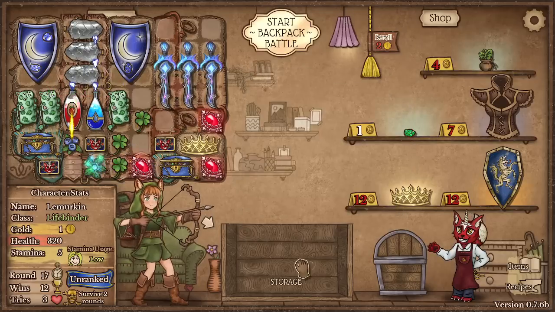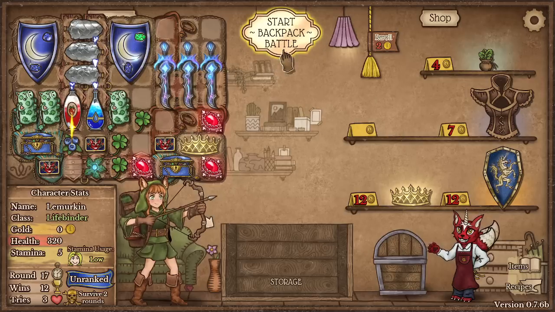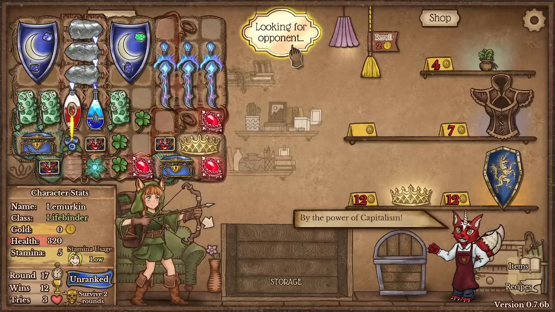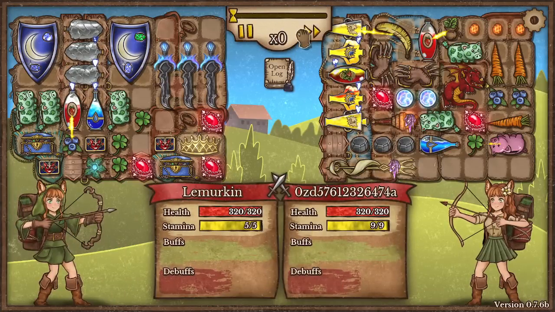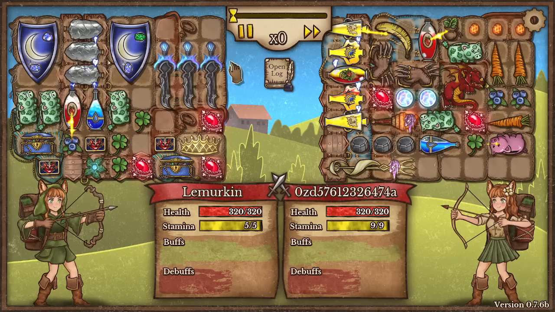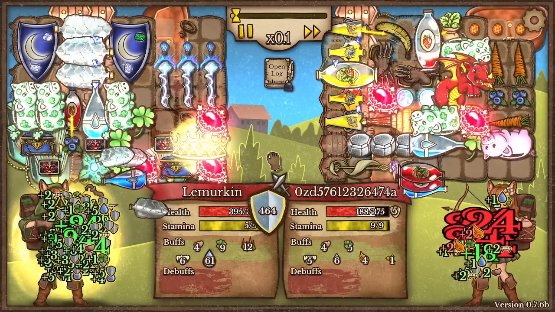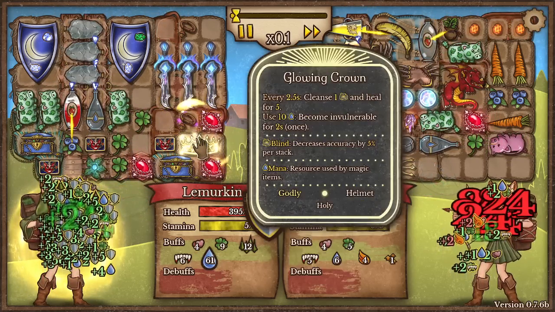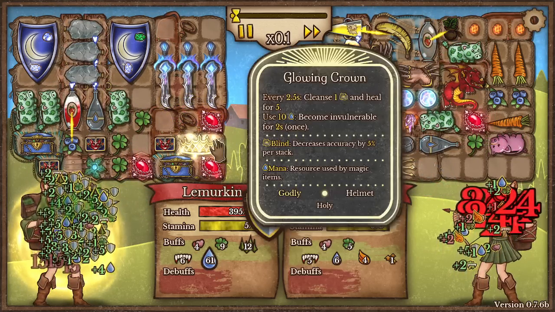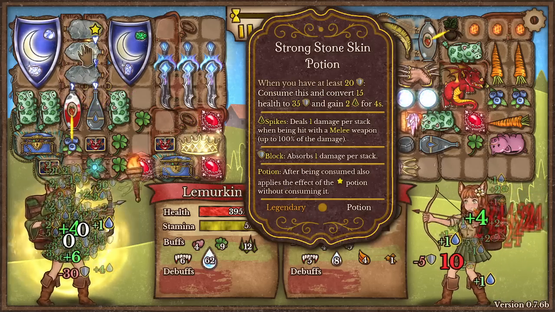And there we go. We'll just take this temporarily. And yeah, we're going to roll with that. Hopefully this works out for us. Alright. So let's see. Alright. That is immediately 61 mana. So 70 mana because we're also using it with the glowing crown. Each of these are generating...